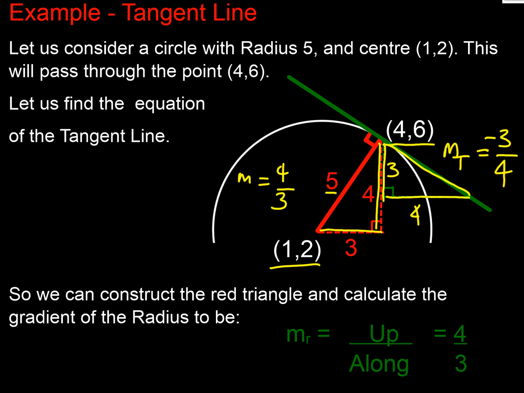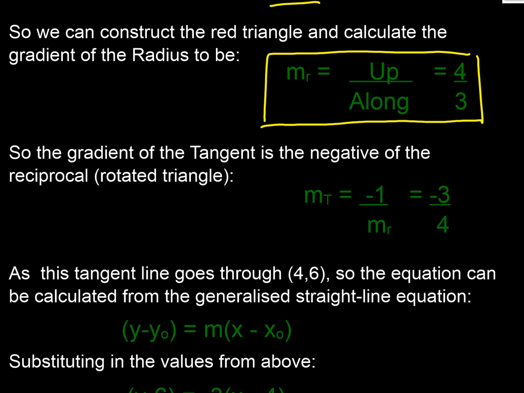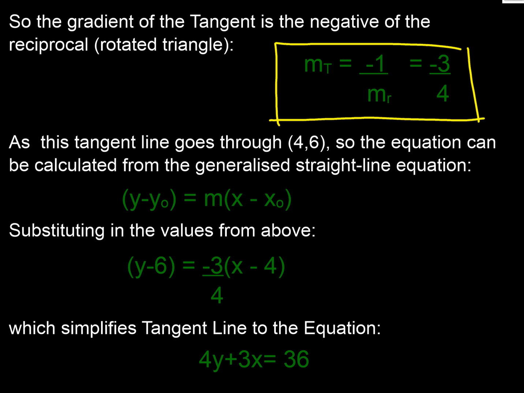That's our up over along, our change in y over our change in x. So our radius gradient looks like that, and our tangent gradient is minus 1 over the radius gradient, so that's minus 3/4. Of course, we can now drop that into our standard format